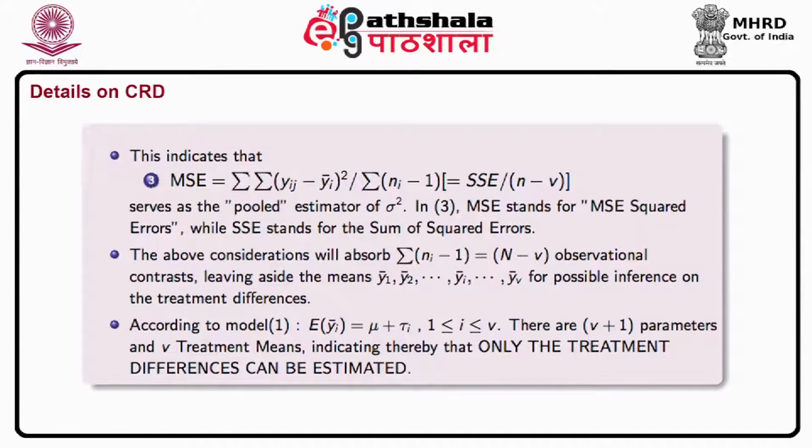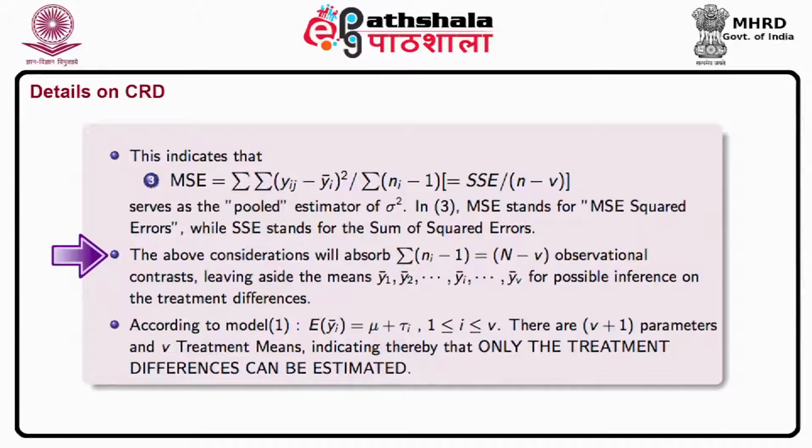And the MSE serves as the pooled estimator of sigma square. In this expression 3, MSE stands for mean square error, and SSE stands for sum of squares of error. So the above considerations will absorb the summation of n i minus 1, equal to capital N minus v observational contrasts,